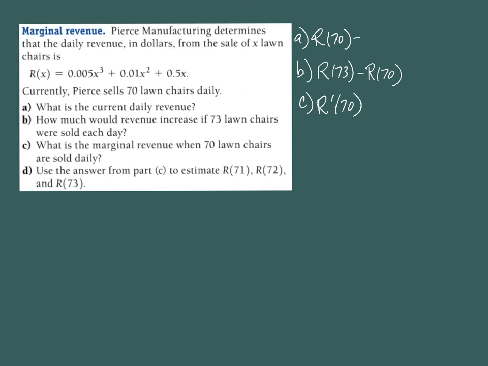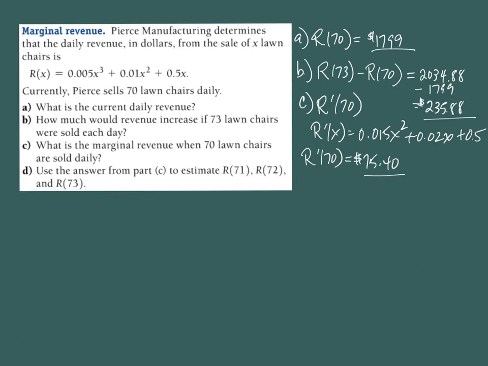So right now, let's go ahead and you can use your calculators to calculate up A and B. And I'll give you the derivative that you'll use for part C and calculate that one up as well. And we'll come back and compare our notes. So the derivative would be that. Okay, so go ahead and break out your calculators, calculate them up, and then come back and compare. So go ahead and pause.